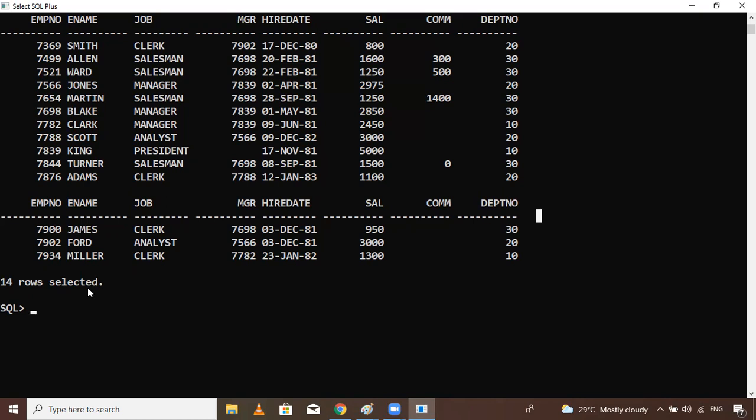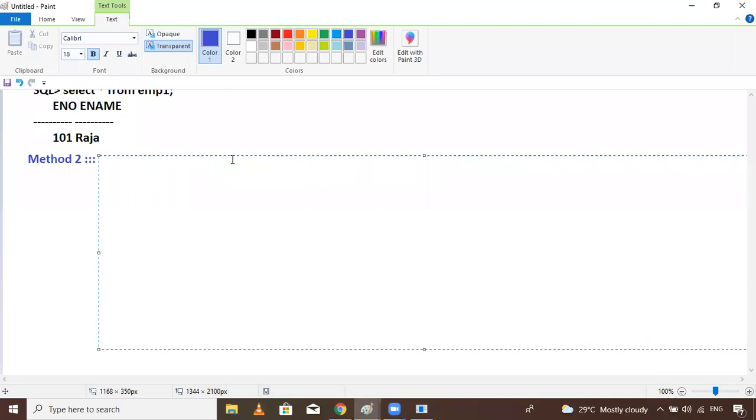Hit enter. After you hit enter, it will ask you to enter a value for name, and just hit it. Okay, let's try this. Observe this, guys.